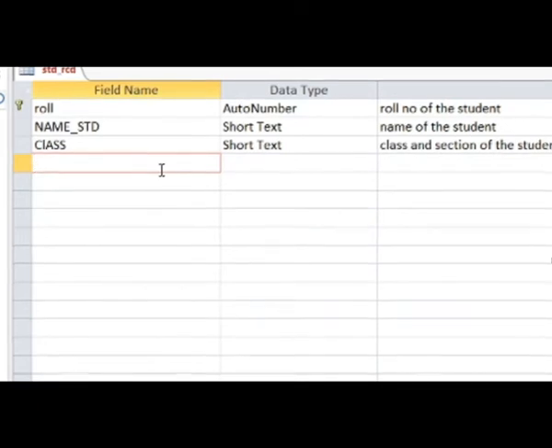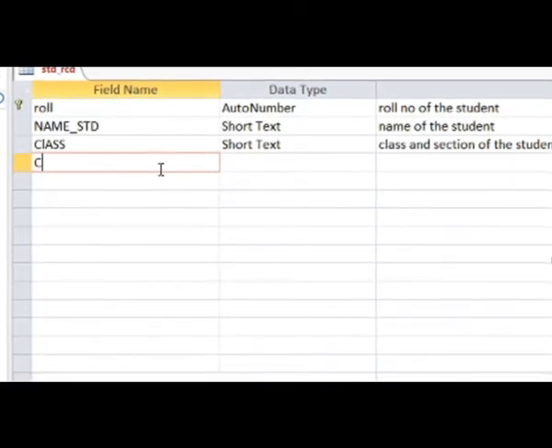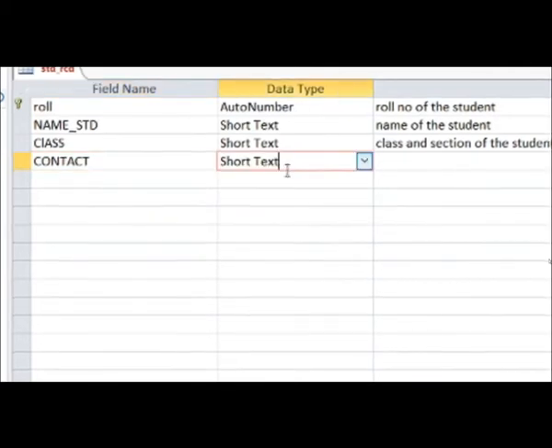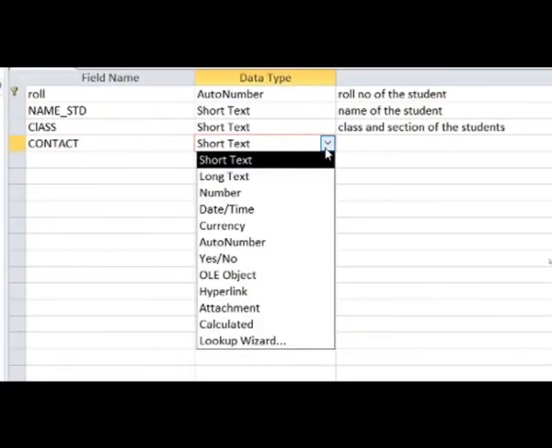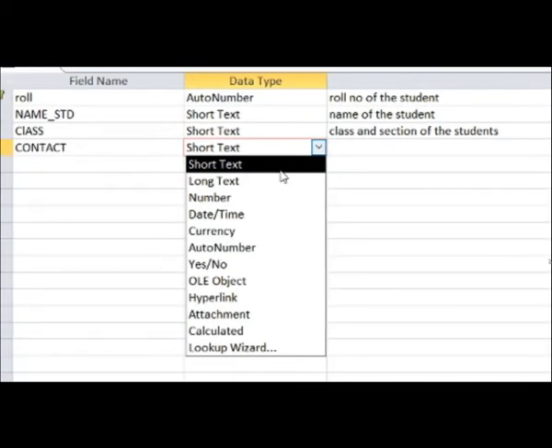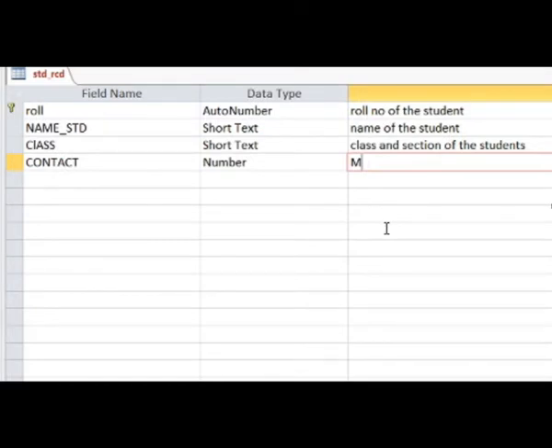Then after class I would like to insert contact number of the child, mobile number. So let me write down contact, and then again here what type of data it should be. It can be short text or I can take number. Here we can take number. So in number type of data children, what happens? Here also we have one problem, that it will allow us to type maximum of 9 digits.